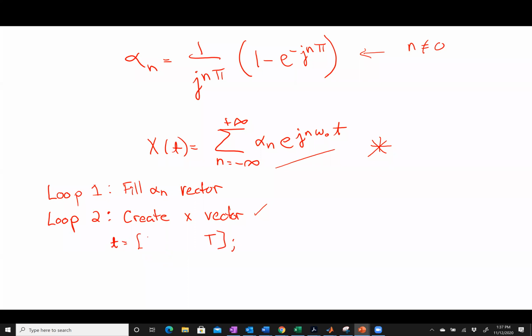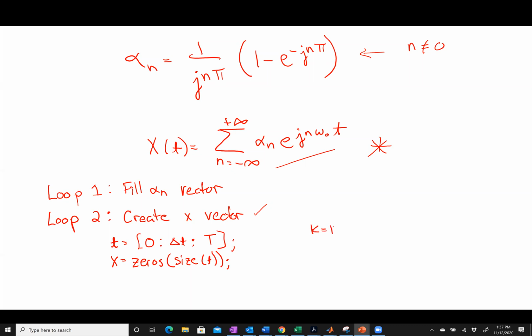In my case, I did it for a period. Let's say I don't know what that time step is, but let's say I go for 1 period. Then I'm going to create an x vector, which is empty but has the same size as t. So it's initialized, and it's all zeros. And then I'm going to loop through